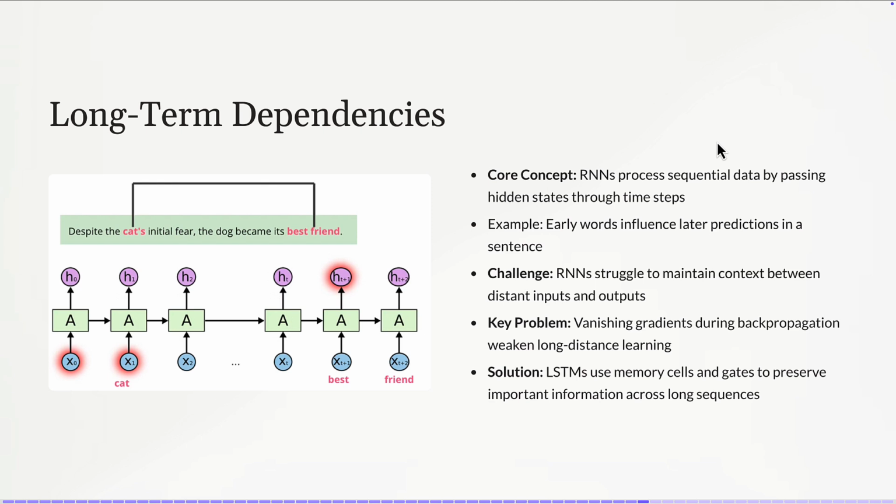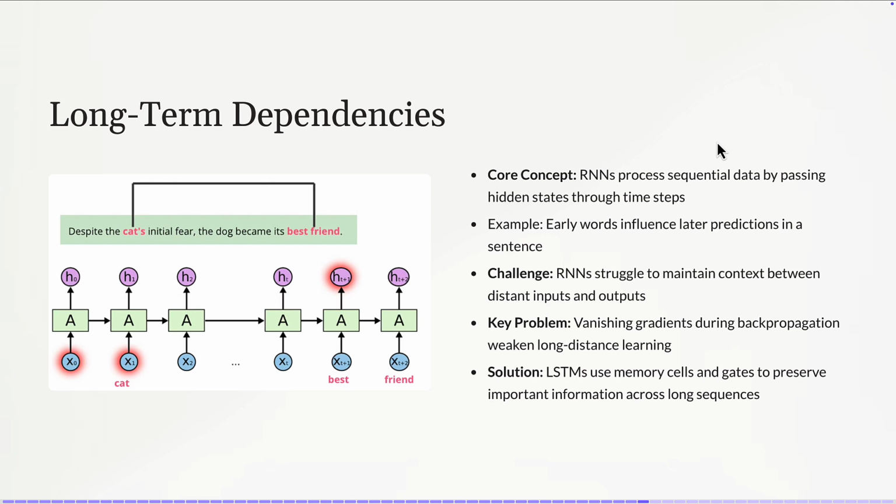So, for example, look at this sentence: Despite the cat's initial fear, the dog became its best friend. Here "friend" refers back to the word "cat". So RNN doesn't have the ability to capture the relationship between this word and this word because it has only one-step memory. So LSTM came in order to create a short memory, which is defined by a window, a hyperparameter, in order to try to capture as much semantics as possible within a sentence.